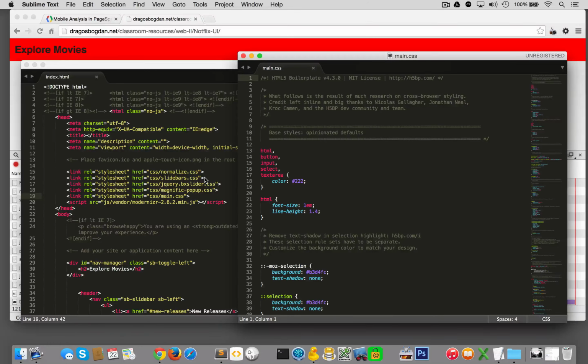So everything's in order. What I want to do is add all these into this document. Now, remember, CSS means cascading style sheets. Basically, since this is the order that I'm requesting these documents in my HTML, this is the same order I want to include them in my